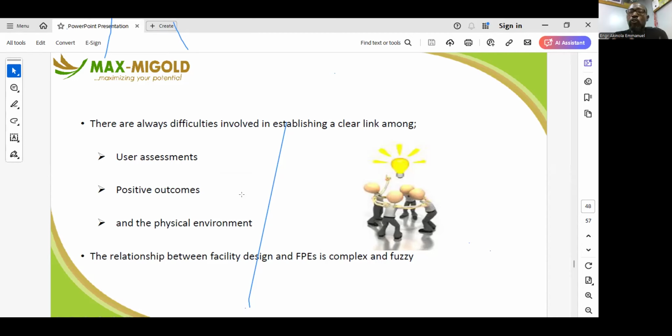So you need to use your professional experts in order to bring a clear, cordial relationship between the end user and you, when you know that you don't have the financial capacity to meet up with their requests at that time. Then user assessment, positive outcome, then the physical environment. The relationship between facility design and performance evaluation is complex and fuzzy, because the design and the physical